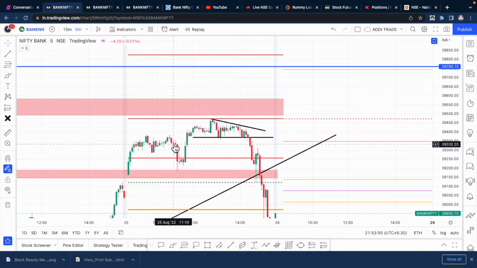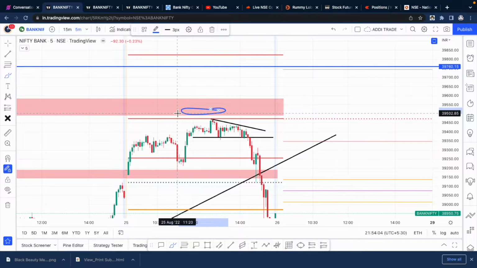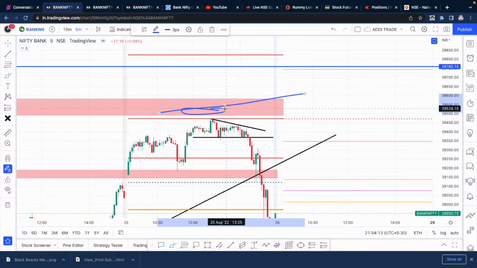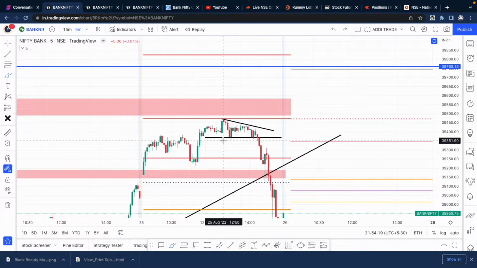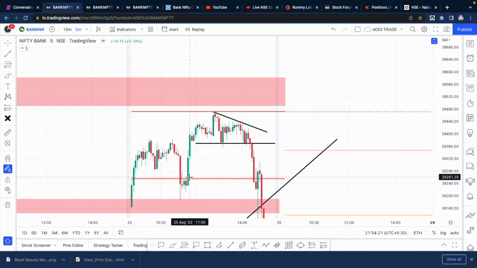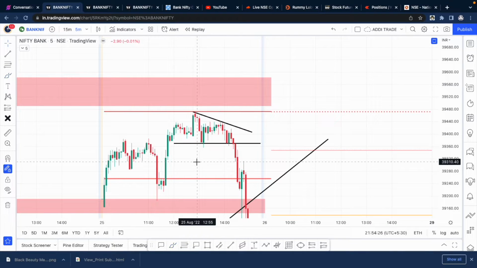Now when this bounce came, I had a view that we would touch this level, at least 39,500. We would come into this resistance zone. Then we'll have to see, because even the OI data was suggesting 39,500. There was heavy call writing. So I thought maybe we'll come and touch this, then be sideways or come down. But if you closely observe, this R1, R2, exactly we just kissed R2 and then we started dipping.